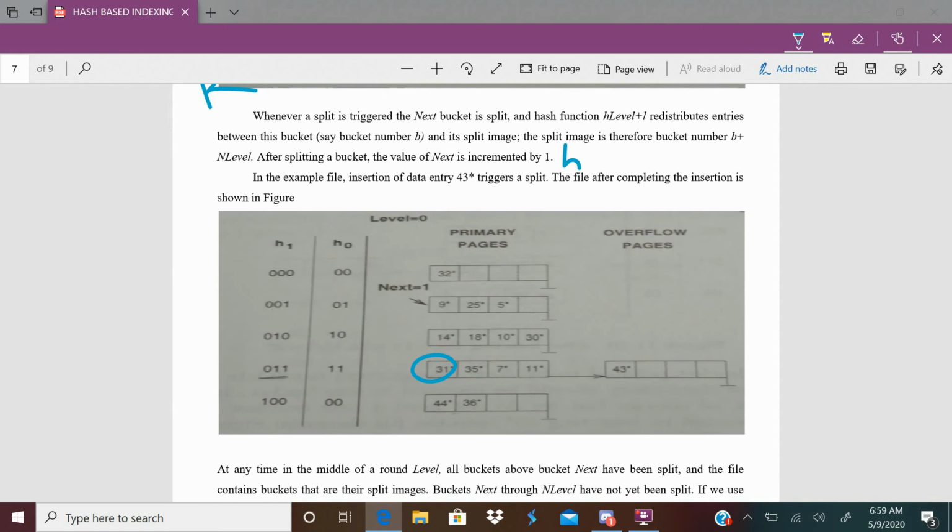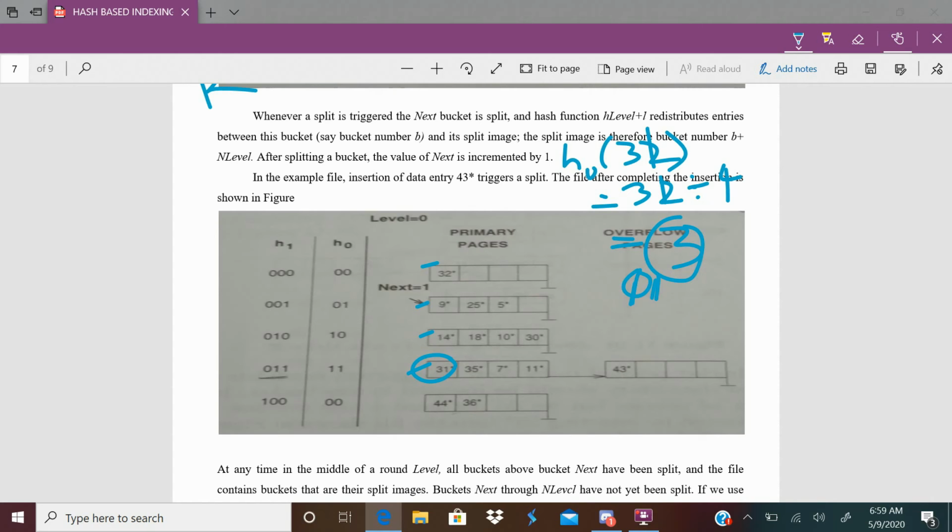It uses the h0 function: 31 modulus 4, which is 3, in binary 1 1. So it is in the 3rd bucket: 0th bucket, 1st bucket, 2nd bucket, 3rd bucket. This is how it searches for a particular index record in the data pages.